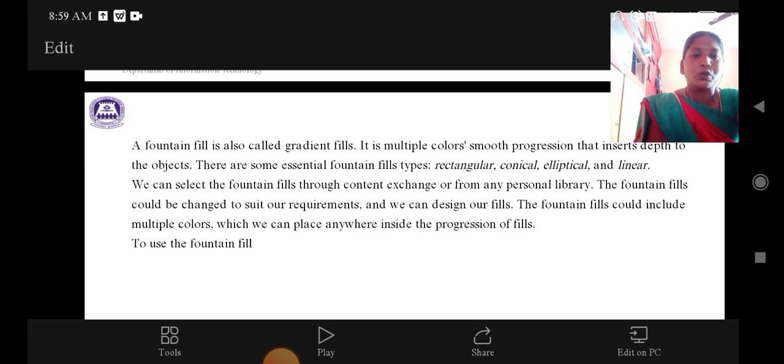Using fountain fill. Fountain fill is also called gradient fill. It is a multiple color smooth progression in the depth of the objects. There are some essential fountain fill types: rectangular, conical, elliptical and linear. We can select the fountain fill through content exchange or from any personal library. The fountain fill could be changed to suit our requirements and we can design our fills. The fountain fills could include multiple colors which we can place anywhere inside the progression of fills. To use the fountain fill,